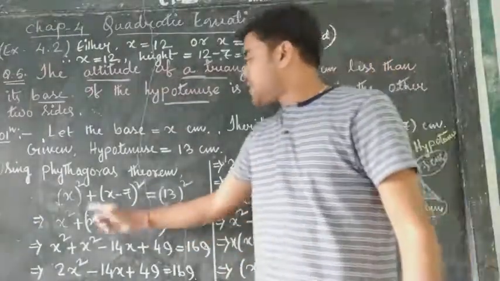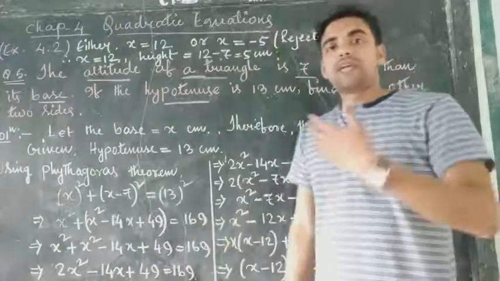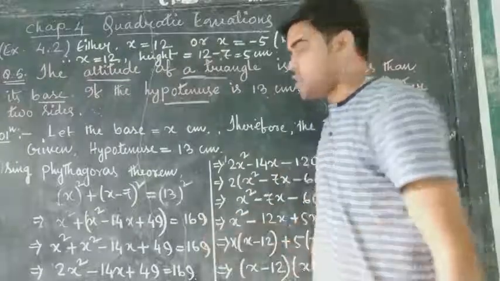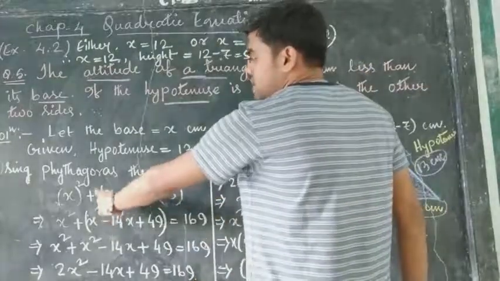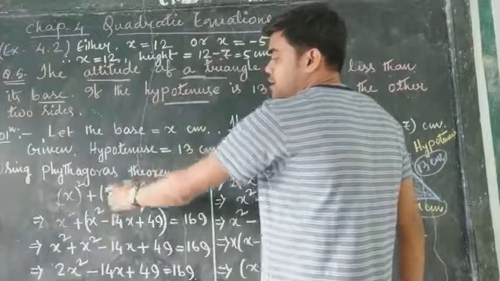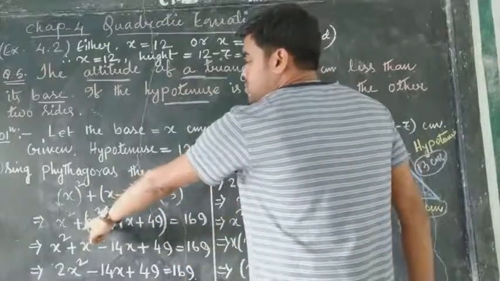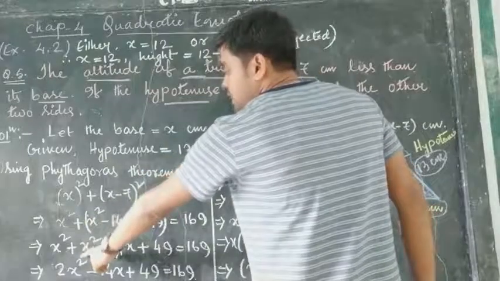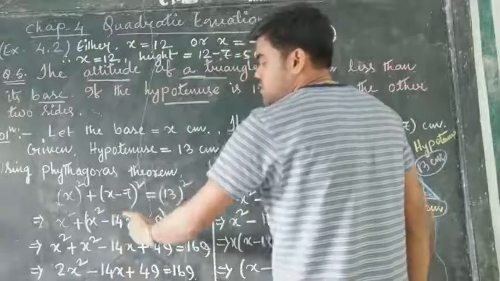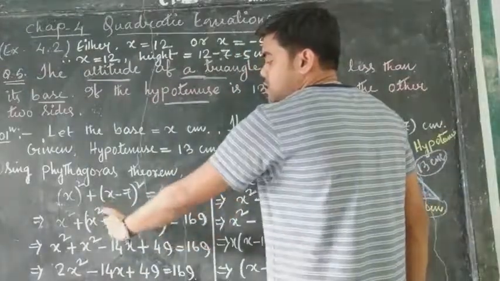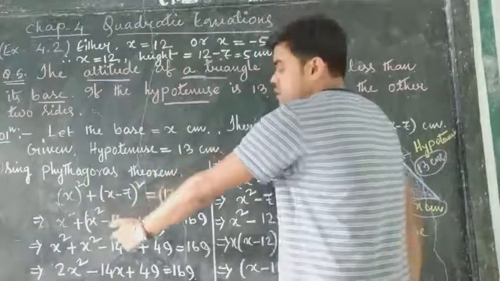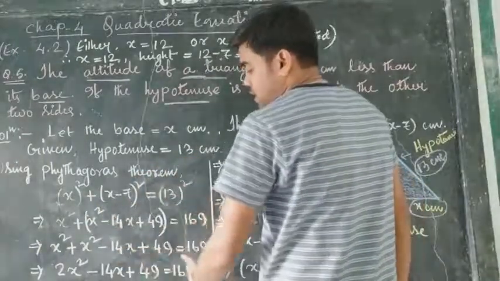Now we remove this bracket, and when we remove this bracket, whatever is outside the bracket, you can multiply with each and every term inside the brackets. In that case nothing is there, that means 1 is there, but the sign is plus, so you multiply this plus sign with each and every term. So x square plus x square, plus minus 14x, nothing changes the sign inside the bracket, because outside the bracket is a plus sign. Okay, so x square minus 14x plus 49 equal to 169.